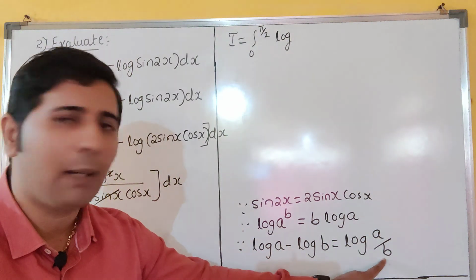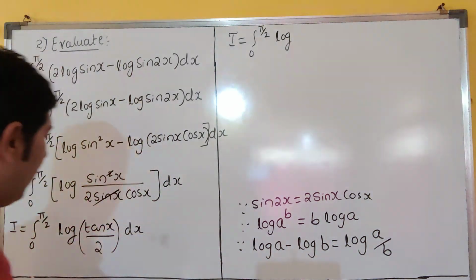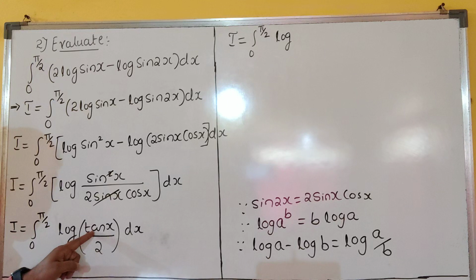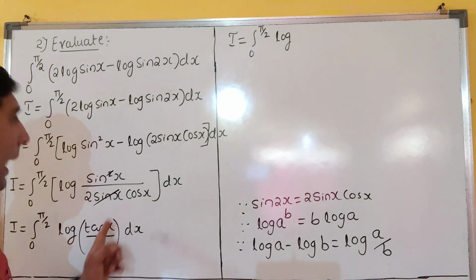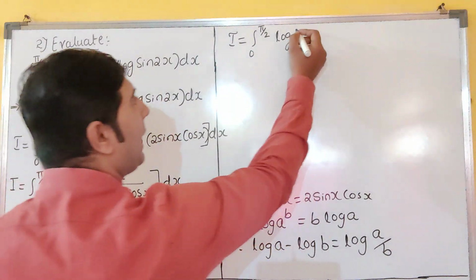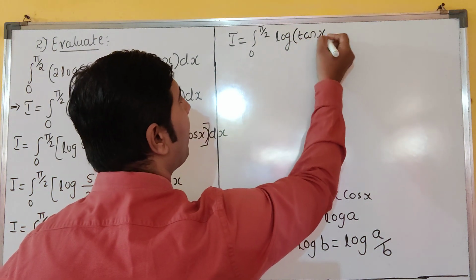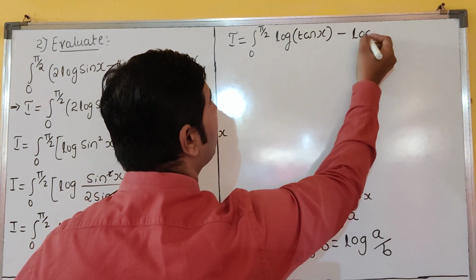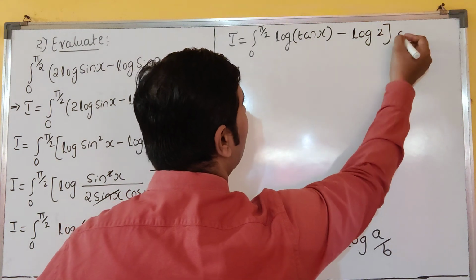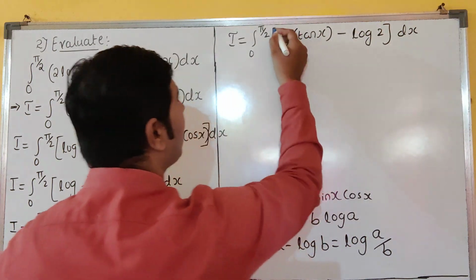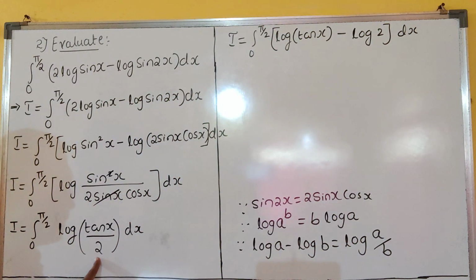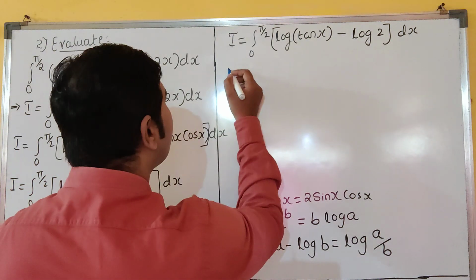Log a by b means log a minus log b. Log a minus log b, where a is tan x and b is 2. Log a minus log b. A means tan x. Log tan x I will write, minus log 2 into dx. Understood or not? See, b is nothing but 2. Clear? So now see,